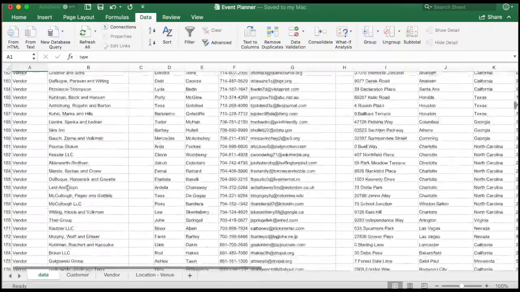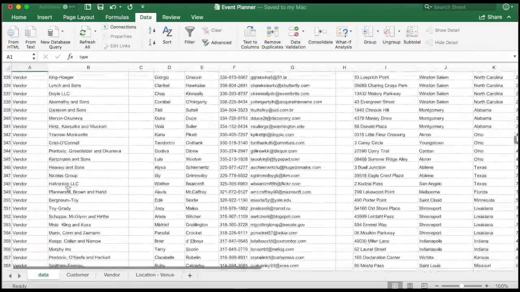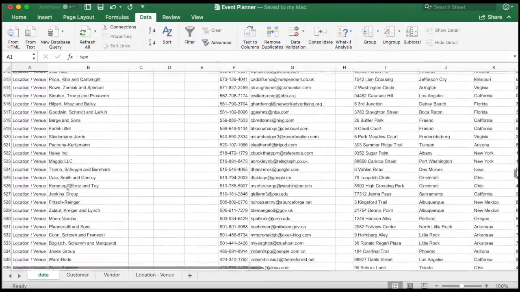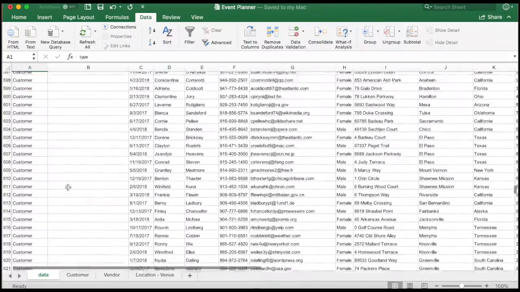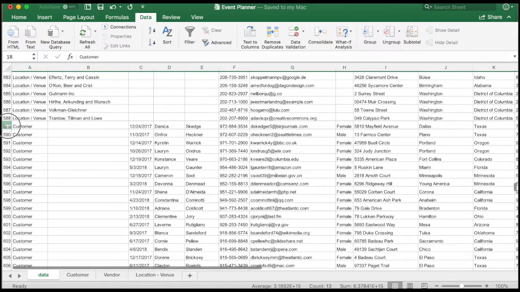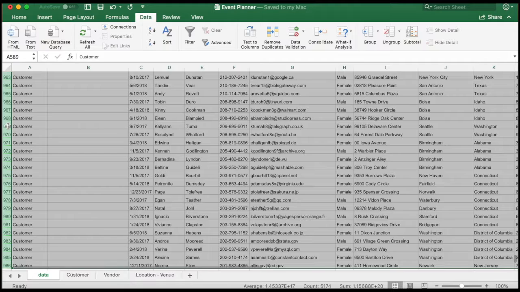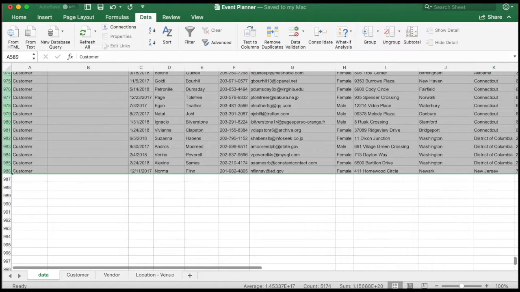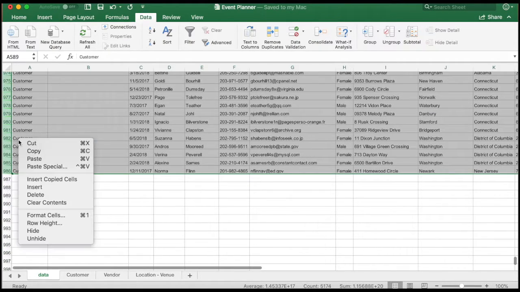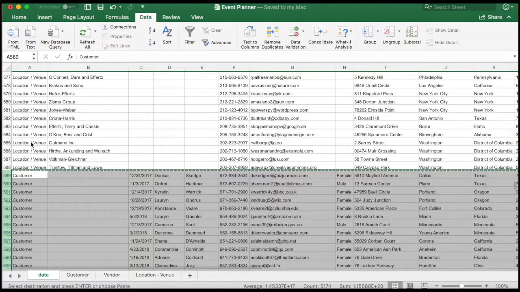I think it's best to copy the data from the bottom so we can use the Control-Shift-Scroll option. So we'll start way down here with customer, and we know that we're going to take all of these rows because everything from here on down is a customer row. So on my keyboard, I'm going to press Shift-Command on Mac, or for Windows, it's Shift-Control, and then press the down button. That's going to take us to the very bottom of this entire spreadsheet, and now I can cut the data here so it removes it completely from the original